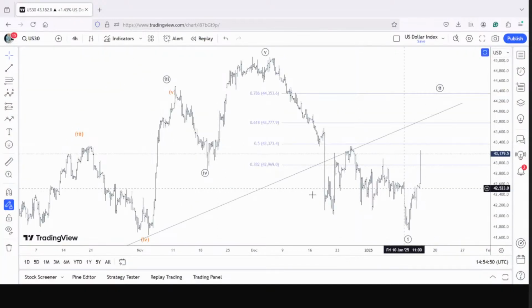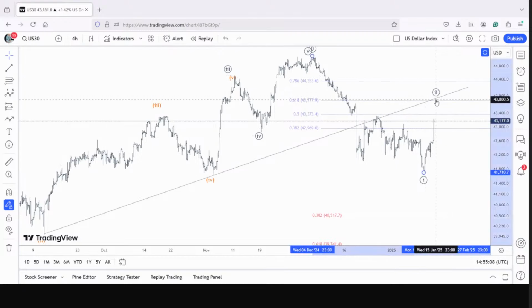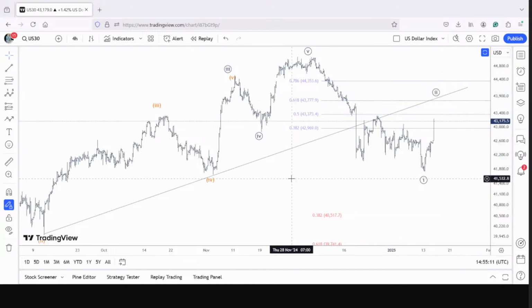See, that rally. We were talking last session, the correction might not materialize as we want, but one thing is materializing, and that's good to see. The projection is clear. We are towards the second wave now, somewhere here, at a minute degree. Now, most of the traders, did I tell you three days back? Did we discuss this? Yes or no? That the rally is going to be very sharp, very steep, and very fast. You can go back to the videos if you don't remember, because this is what is called a bull trap.